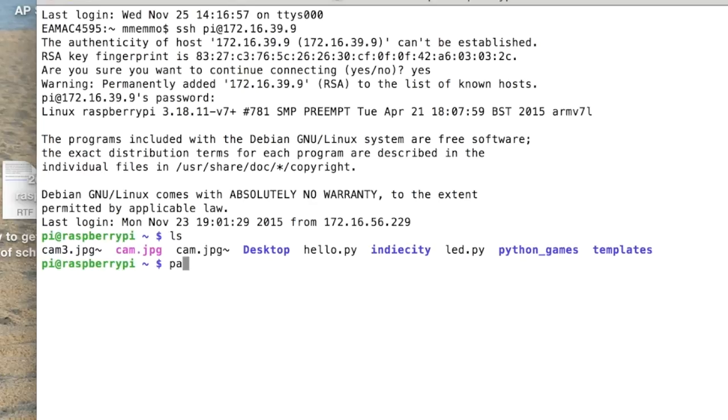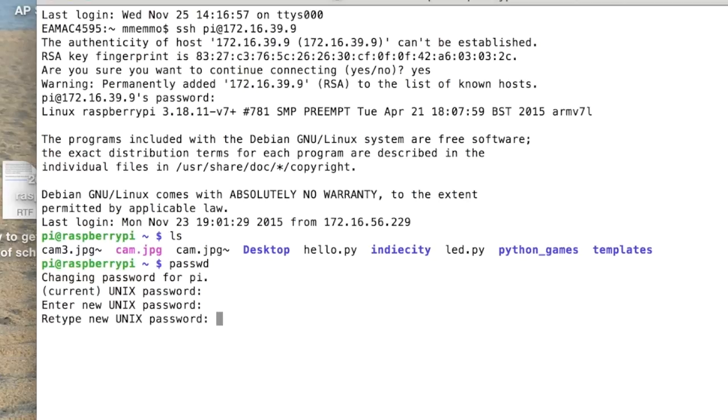I'll show you. You can do passwd, and it asks for your current password. You put that in, and now it'll ask you for a new password. And so now I have a new password there. So you can do that at any time. And so you can run commands here like sudo python. If you have any Python things you want to run, you can do that. I'm not going to run that right now, but for all intents and purposes, you're on your Raspberry